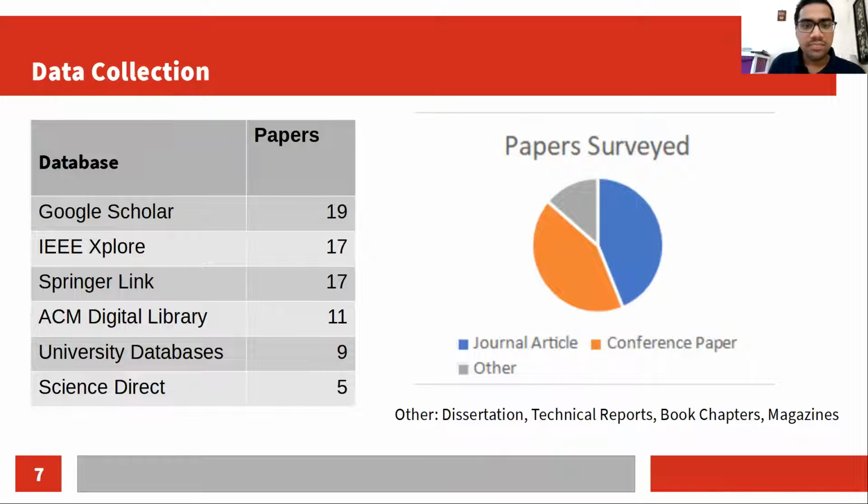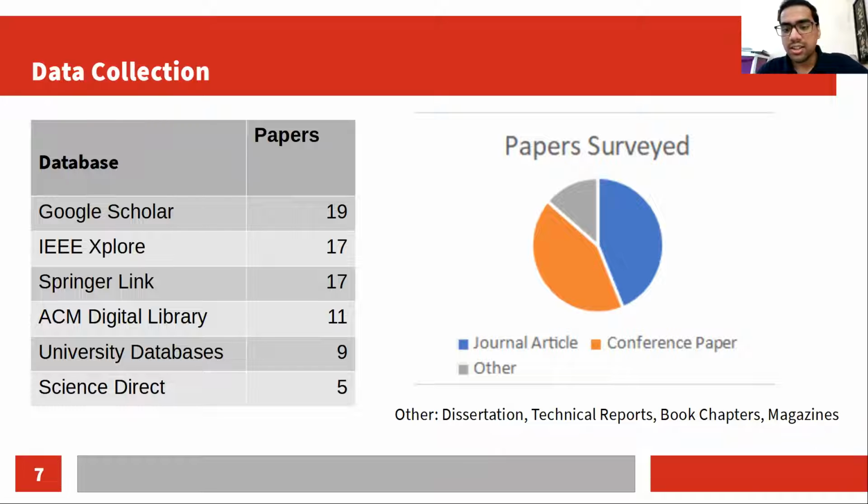Okay, data collection. The table on the left shows my sources for the different papers. Out of the 80, they included sources like Google Scholar, IEEE Xplore, Springer Link, ACM Digital Library, and university databases, because some of these were dissertations and some were theses, and they were only available on the particular university's research database, and then Science Direct. And the type of papers that are surveyed, they include